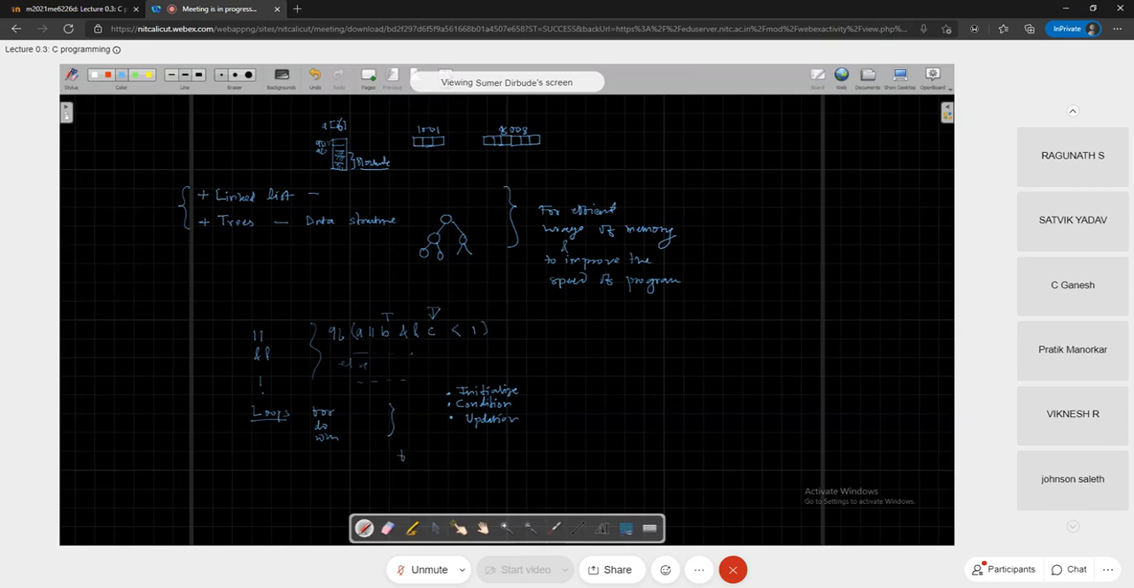For example, for a for loop you will write i equals 1. This is the initialization of the variable i. Then you say what is the condition on i: i should be less than or equal to n. This is the condition. And then you say i equals i plus 1. This is my updation; i should be incremented by 1. And then you write the instructions in that loop. So initialization is the first thing, condition is the second thing,